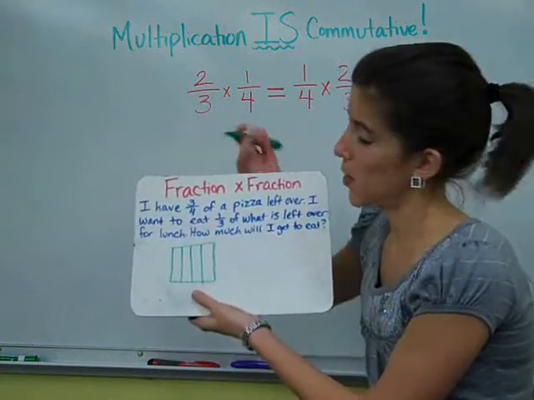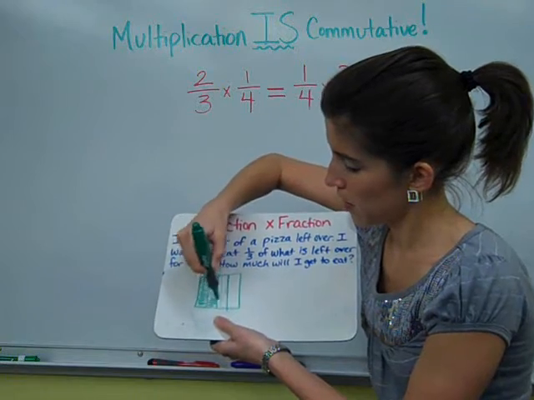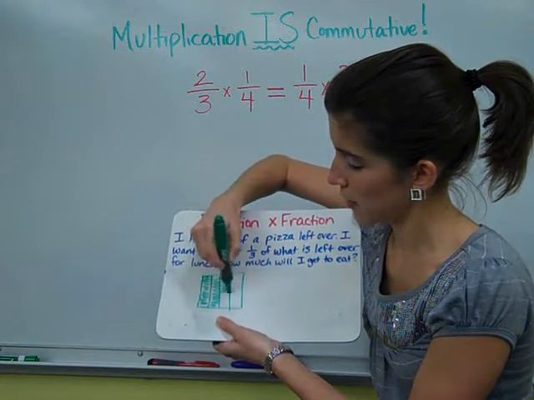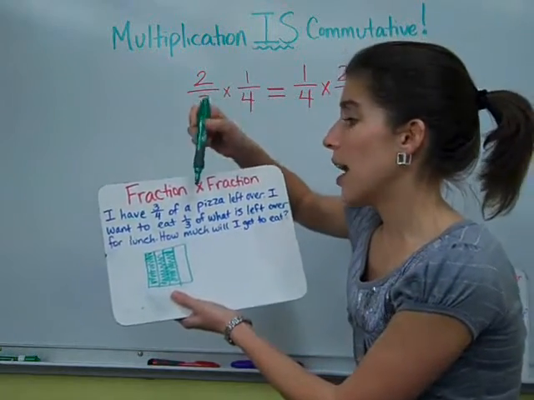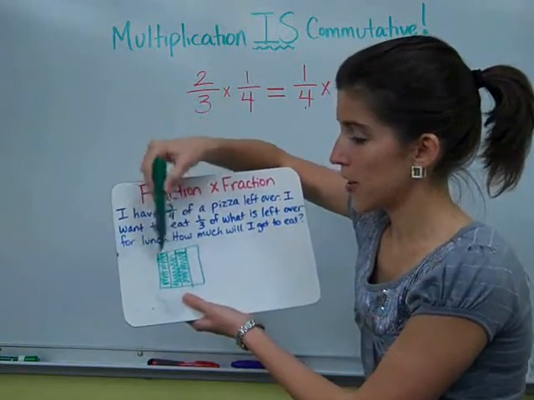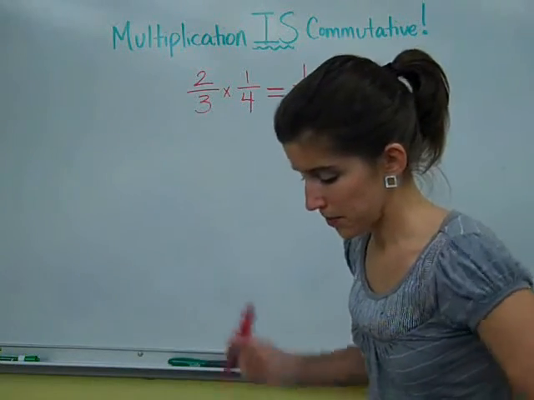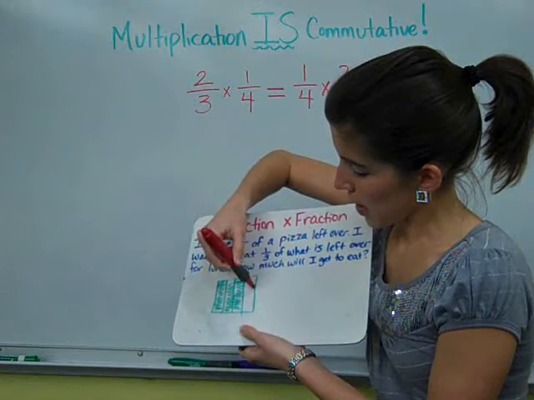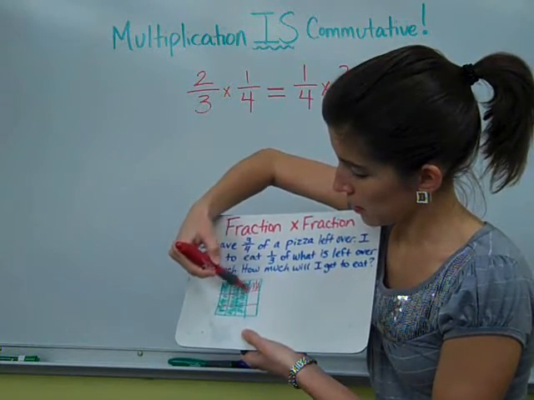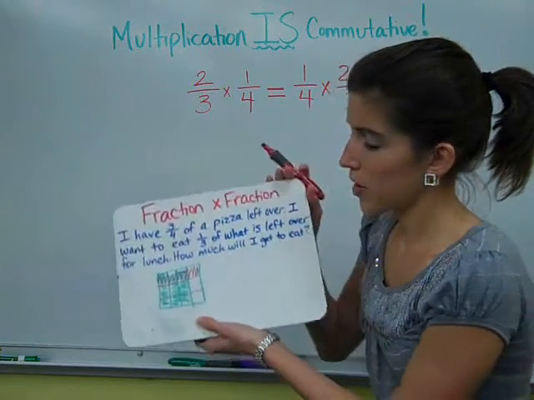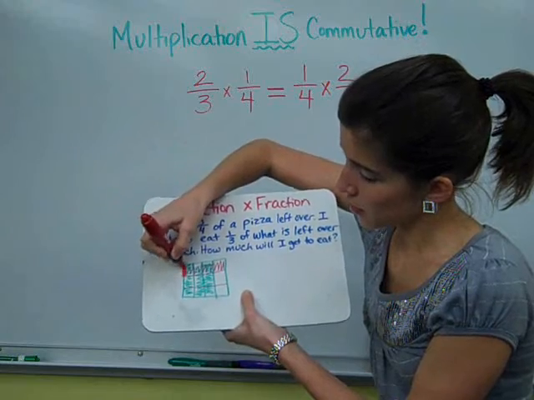So I split a box into 4 pieces, and I'm going to shade in 3 of them because that's the pizza part that I have left over from dinner or something the last night. Now I'm actually going to want to eat 1/3 of this portion that's there. So I'm going to chop what I have into thirds, and I'm going to shade in 1/3. The part that I'm actually getting to eat is this part that is double shaded,